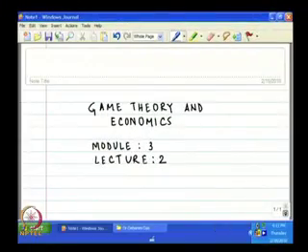Welcome to the second lecture of Module 3 of the course called Game Theory and Economics. Before we start this lecture, let me just take you through what we have covered in this module so far. In the first lecture, we have been discussing the application of game theory, and the application of Nash equilibrium in particular,